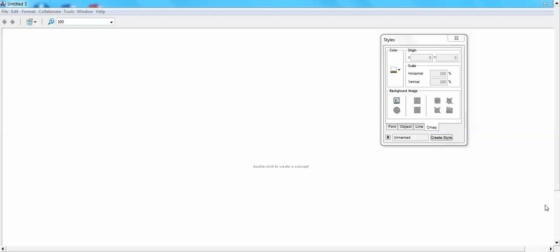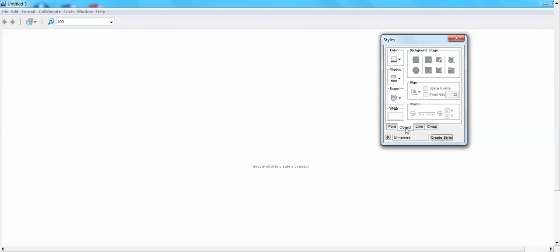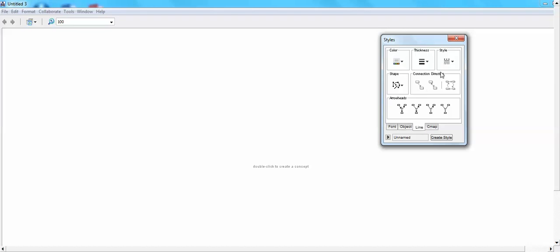You see, automatically pops up, we have the styles menu where you can change the font style, the size, bold, italics, underlining, the text color, the margins, text alignment, etc. You have your objects where you can change the color of your concept map boxes, the shape of them, shadowing, width, and then we also have the line menu where you can change your